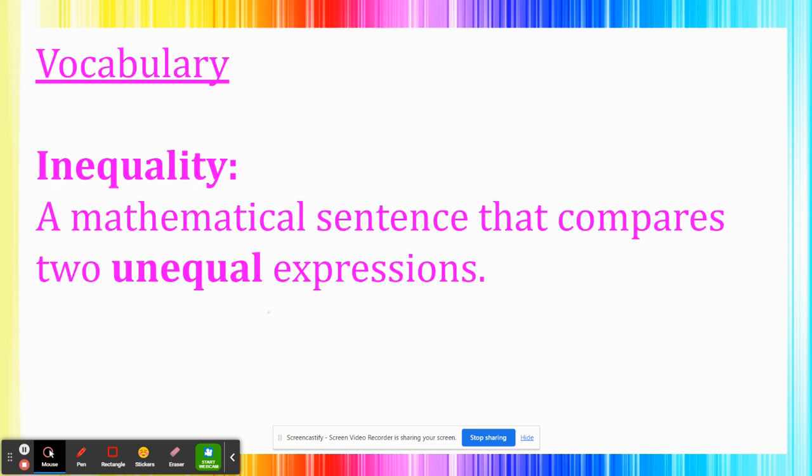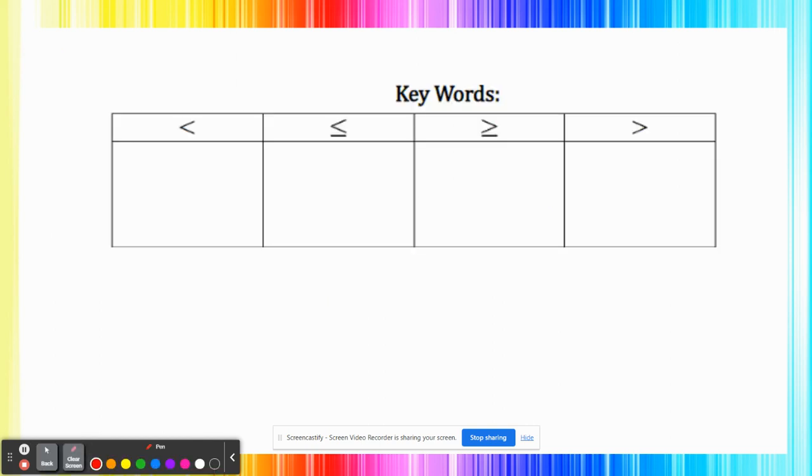Solving and graphing inequalities. Vocabulary: an inequality is a mathematical sentence that compares two unequal expressions. Some vocabulary you want to make sure you know: this symbol is referred to as less than. I like to tell my students that less than starts with the letter L, and if you squish that letter L, it sort of looks like the less than symbol. This is less than,